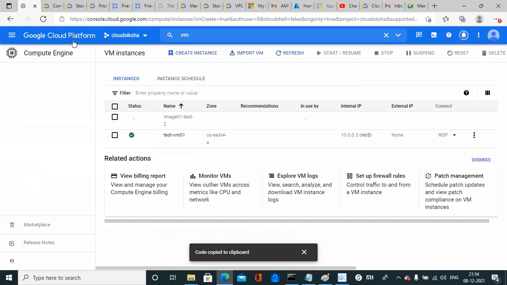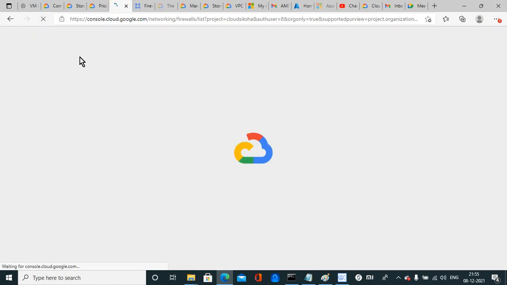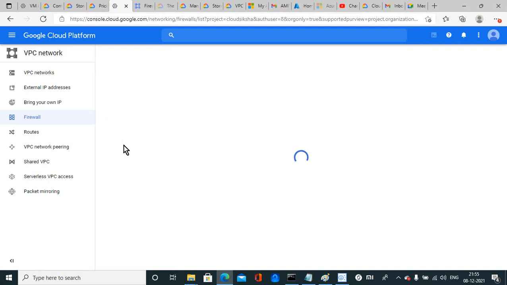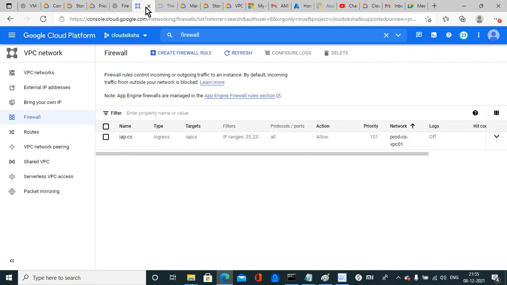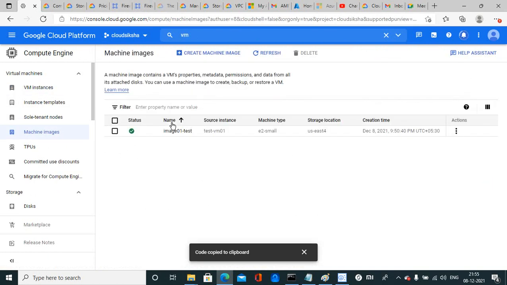So creating it, and in the firewall refresh it, and this one is also for the firewall. So now my second machine is getting created in the VM instance, and in machine image I have one image here.